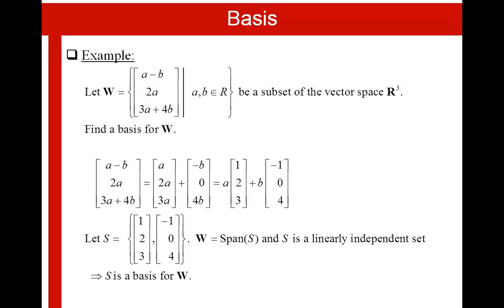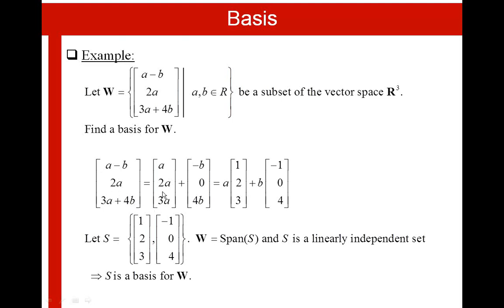Example: let W be a set that is equal to (A minus B, 2A, 3A plus 4B), where A and B belong to R. Let this W be a subset of the vector space R3. Find a basis for W. Okay, we have to find a basis for W. In order to do that, we notice that, as we've done before, this set (A minus B, 2A, 3A plus 4B)